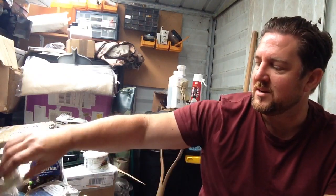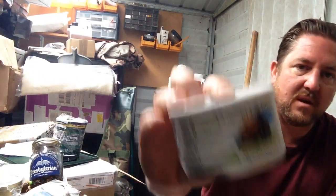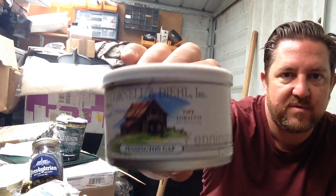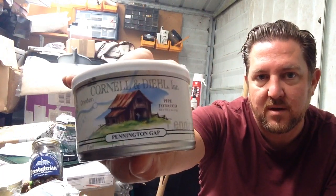Nearly finished it. And of course I cracked another tin of this. I'm going to have to slow down on it, else I'll end up smoking nothing else. C&D's Pennington Gap. And again, I've sung the praises of this tobacco a few times, I think. And it's one that really does go unnoticed. I've only seen one other person sing its praises,